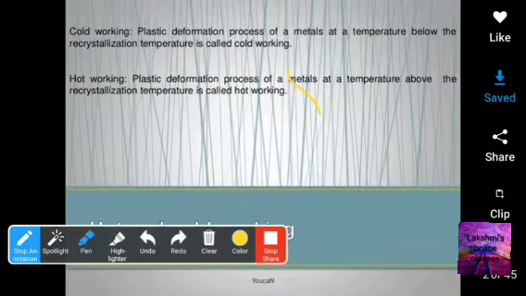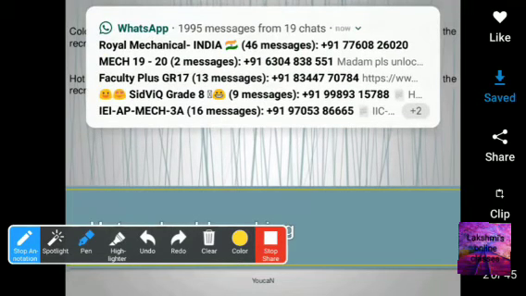Press working means sheet metal working. Already you have seen it in our first year workshop. The stresses induced in the part are greater than the yield strength and less than the fracture strength of the material, except in the shearing, piercing, and blanking sheet metal working processes, where the stresses induced in the part are equal to or greater than the fracture strength of the material. So mechanical working processes exclude the basic processes.